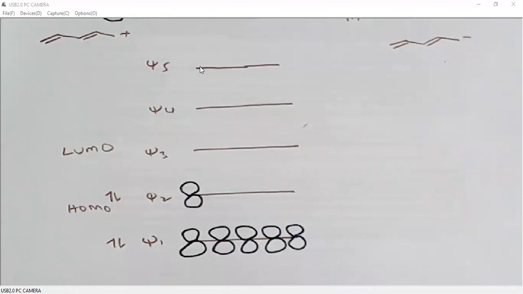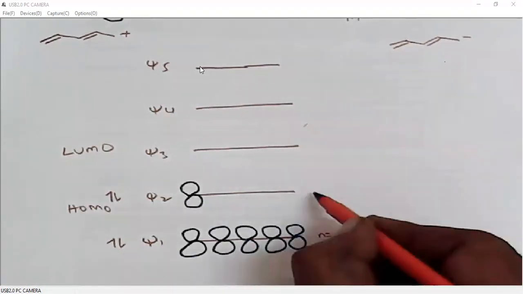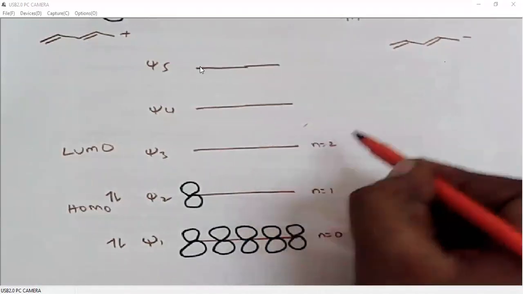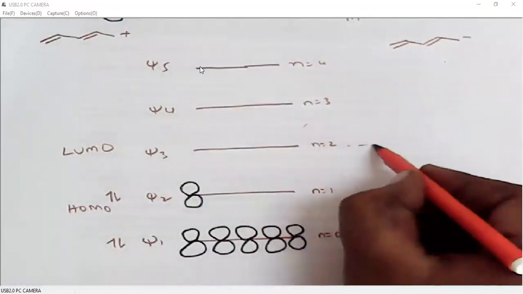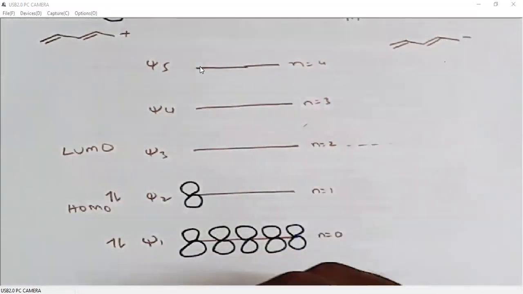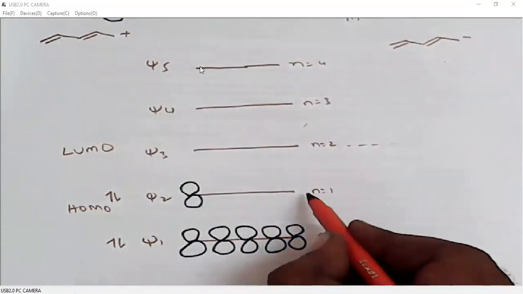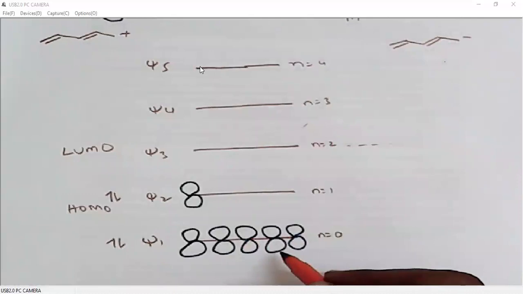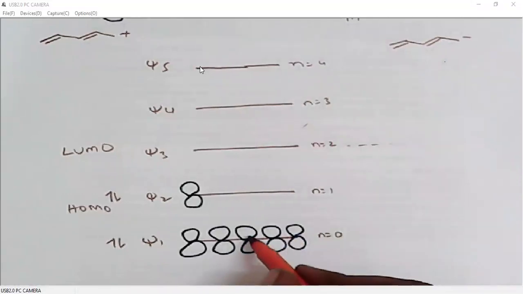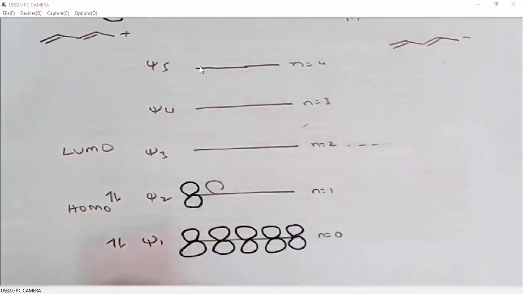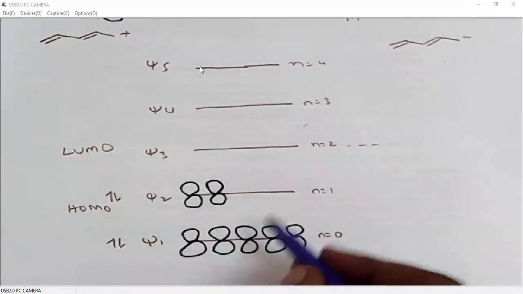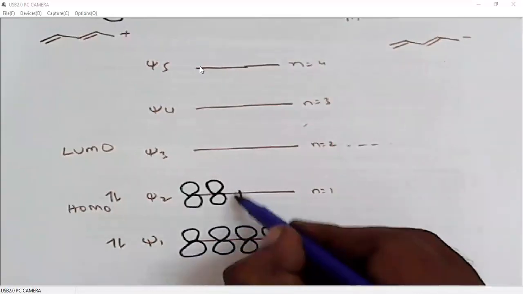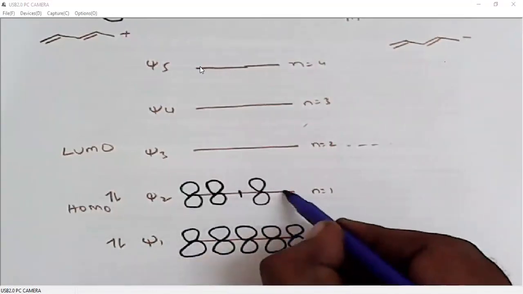When we look at the number of nodes, here we don't have nodes. Here we have 1, 2, 3, and 4. So this is the non-bonding level, right? Psi3 is the non-bonding level. Then if you want to distribute one node among the 5 orbitals, we will distribute exactly in the middle. That means in the middle we have an orbital. So in this case, we don't have that orbital, right? When we place a node exactly in the middle, we don't have an orbital here. So we will have a node like this.